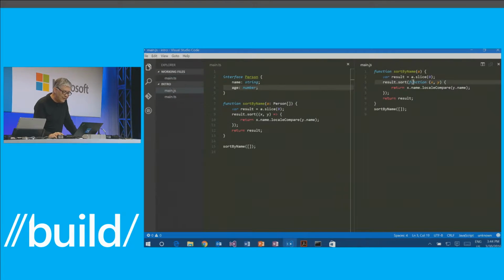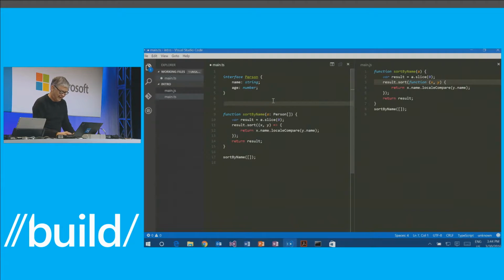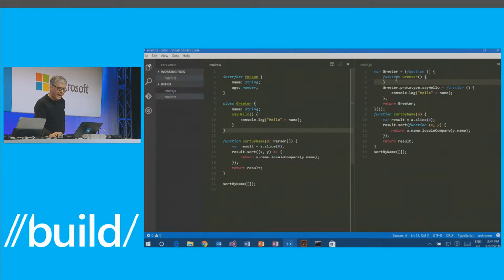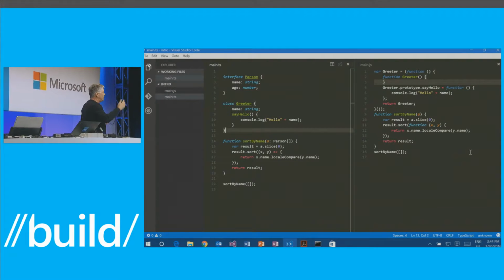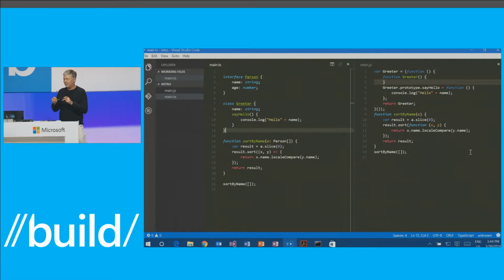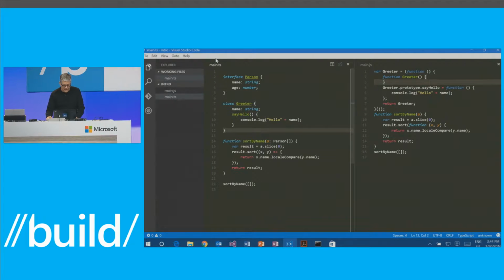Although you will note that one thing changed here. We changed the lambda function into a regular function because lambda functions don't exist in ECMAScript 5. They only exist in ECMAScript 2015. Indeed, if I start using features like, let's say I used a class, let's say, inserted a class here, and let's save. And now you'll see that the compiled version of that is actually down level ECMAScript 5. So we compile ECMAScript 6 to the patterns that you had to use in ECMAScript 5 in order to do classes.